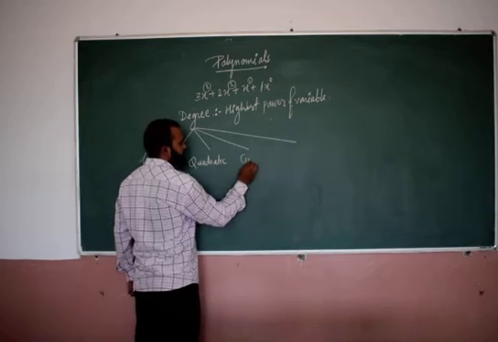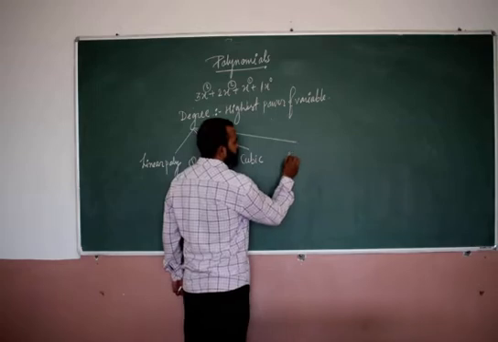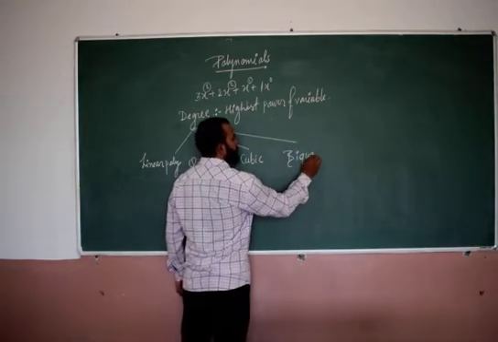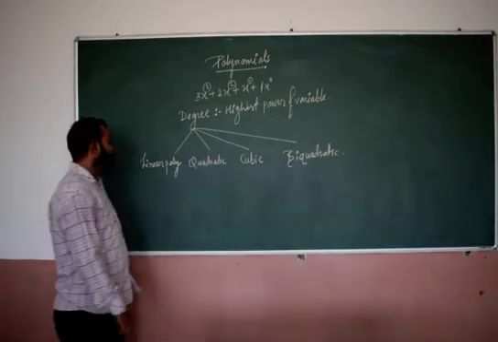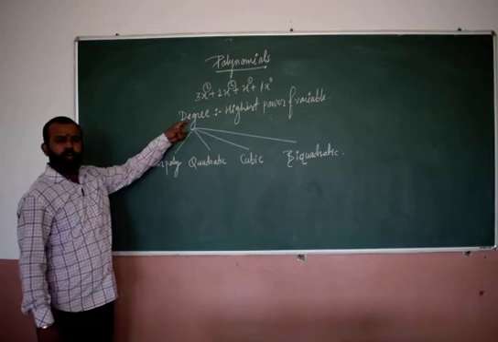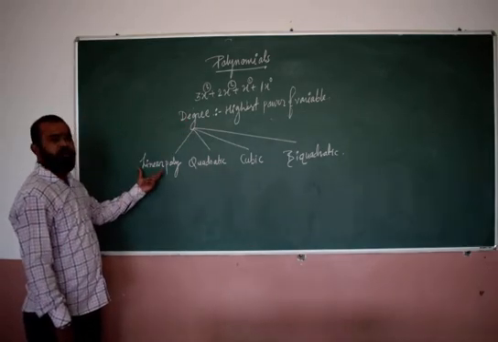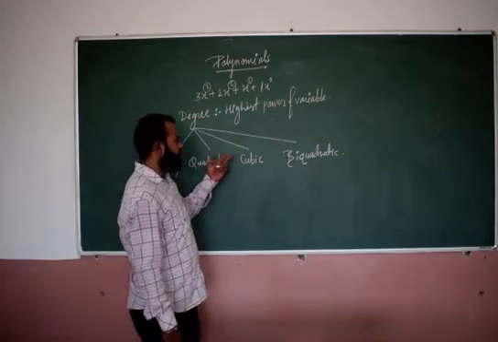The third one is the cubic polynomial, and the fourth one is the biquadratic polynomial. According to the degree, polynomials have been divided as below: linear polynomial, quadratic polynomial, cubic